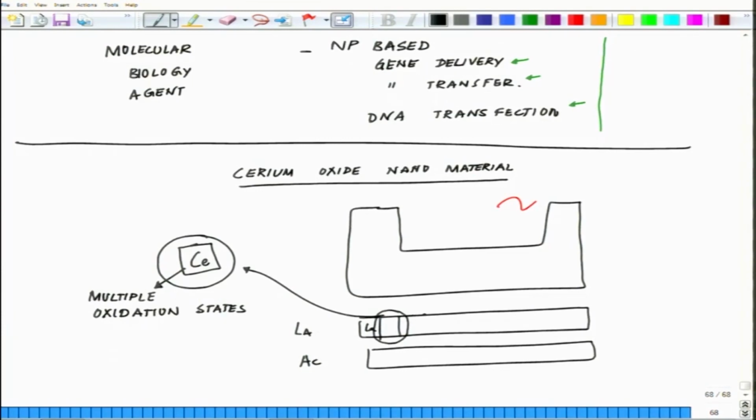The areas where cerium is used are in catalysis, in rocket fuels, in UV absorbing glass,